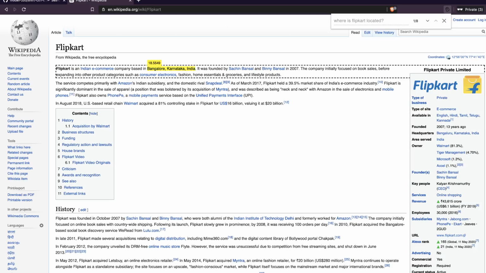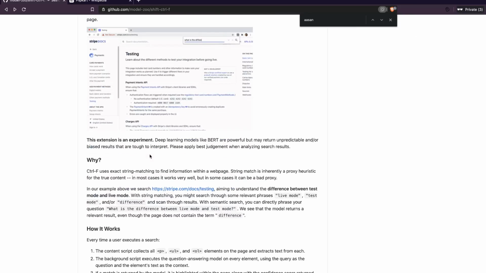So it has come up with the answer saying Bangalore, India. Even though the page says the word based, we asked located, and it came up with the right answer. So that's the main thing about this machine learning driven solution, because it's basically using the SQuAD dataset, and that could help you with the way the questions could be asked.